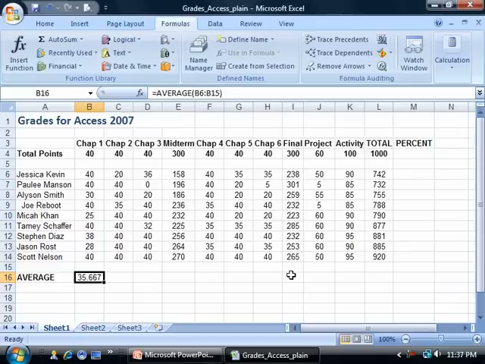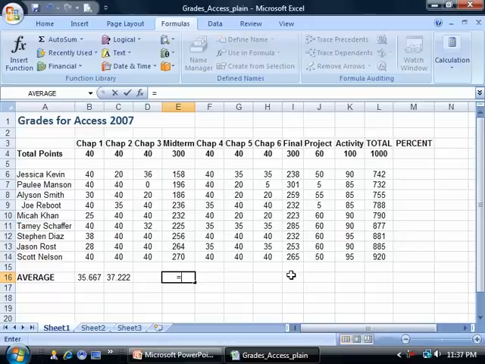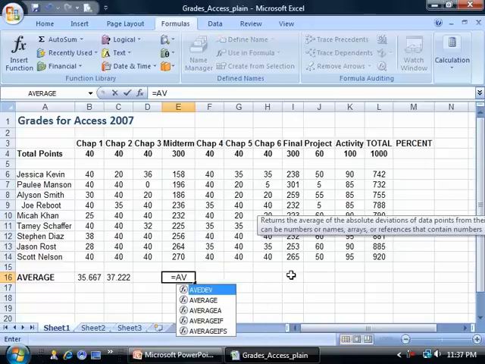Now again, I could do Control C, Control V, and keep going like that. But I do want to show you one more thing. If you happen to know the function, you could simply type equals average, and